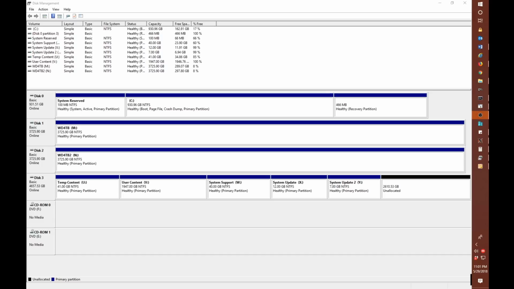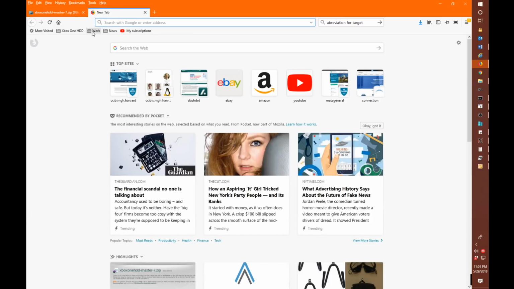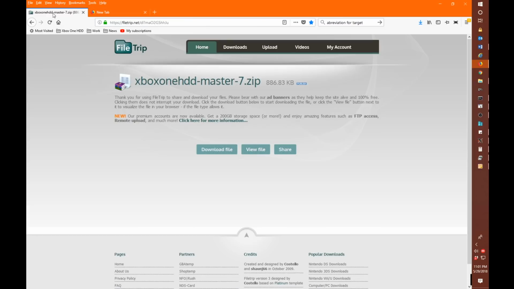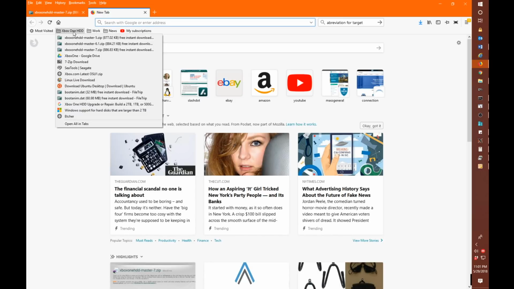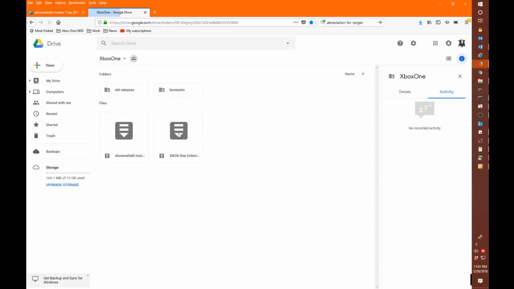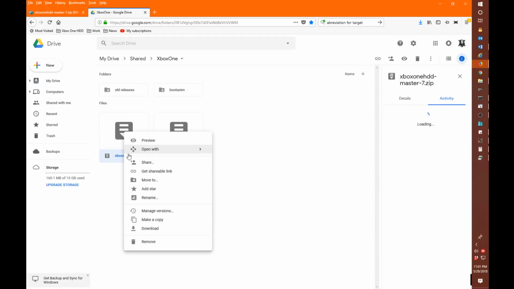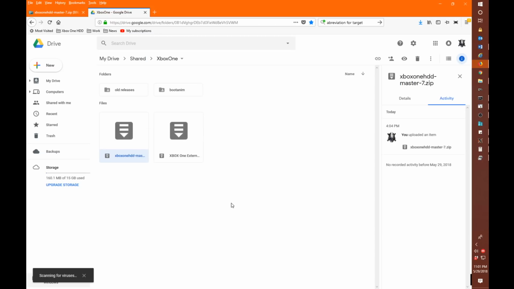Okay, now to actually perform this process, we're going to want to get a hold of the Xbox One hdd-master-7.zip file. This is the file that I have on FileTrip, and I include a link for it in the description of this video. The other location that you can get this file from is a Google Drive link, which is also included in this video. And basically you can right click this and download it,